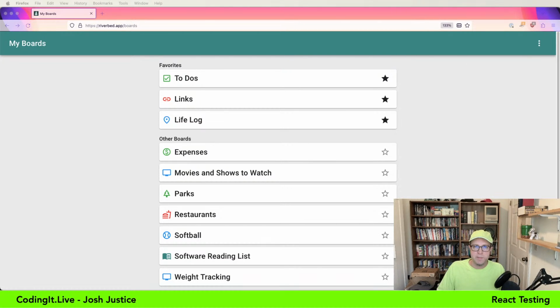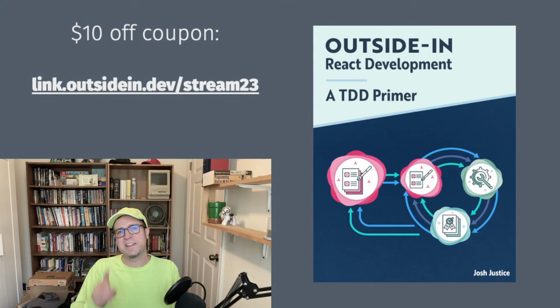A note before we jump in. I've also written a book about test-driven development. Clearly you can see I don't always do test-driven development, and the introduction to the book talks about that. It's not for everything. But as you'll see as we go through this together, my view of testing and what we're looking for is very influenced by test-driven development. And I think doing test-driven development is the best way to learn how to thoroughly cover your code with tests.